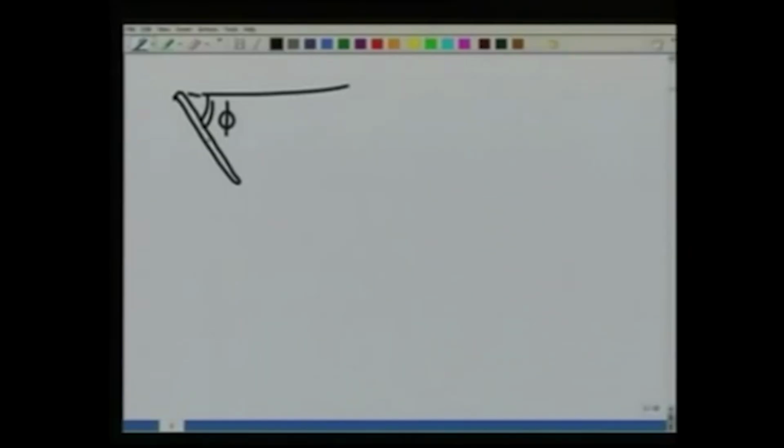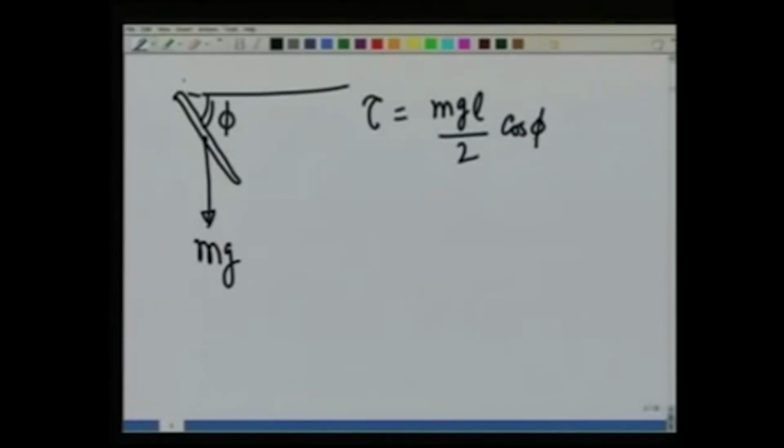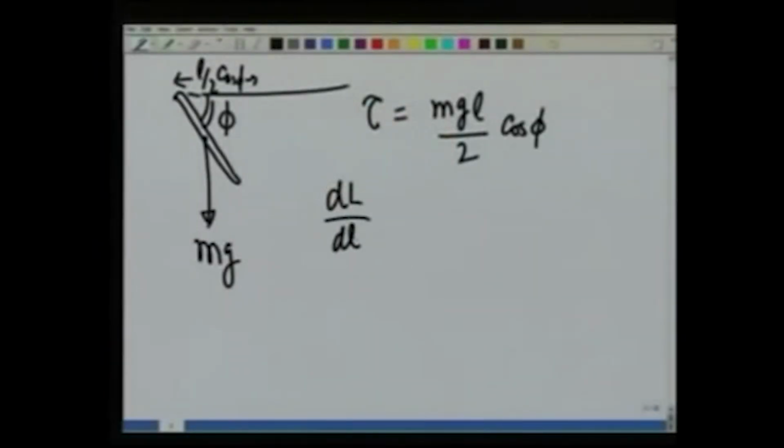At that point, all the force acts here, mg, and therefore, the torque that is being applied is going to be equal to m g L divided by 2 cosine of phi, because this distance is L over 2 cosine of phi, and this should be equal to dL/dt, which is nothing but I about point O d omega/dt,